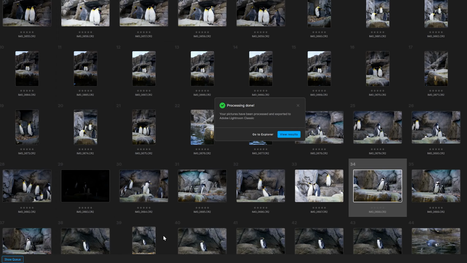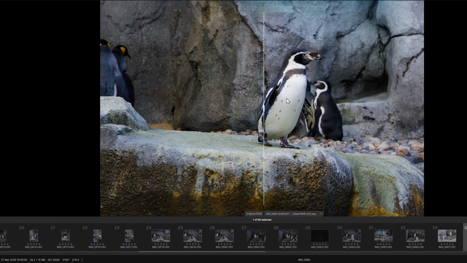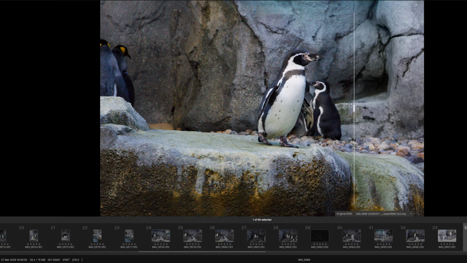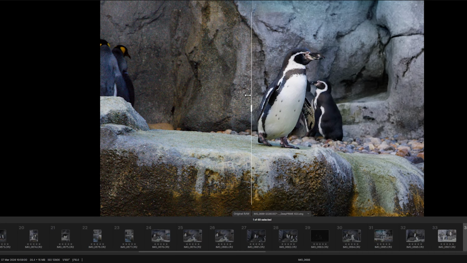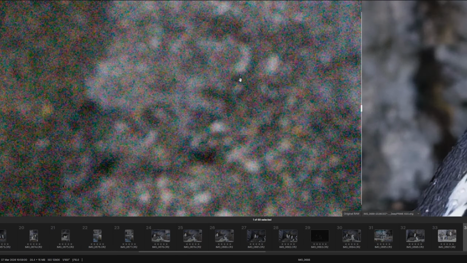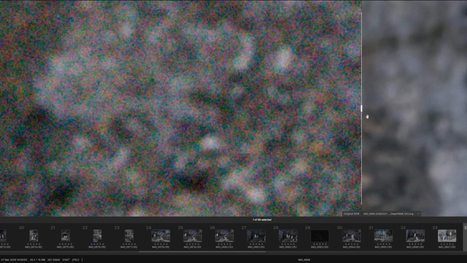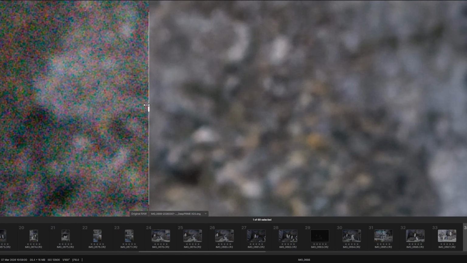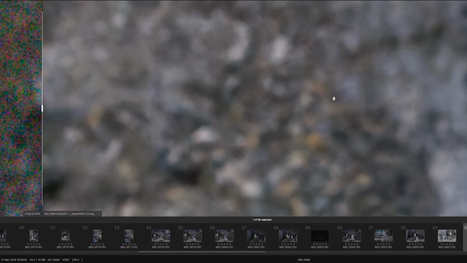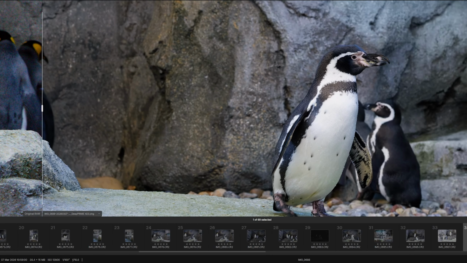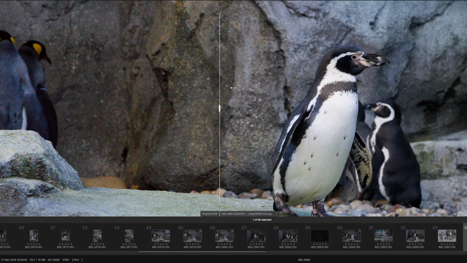DxO PureRAW 6, and it's still got it up, so let's hit view results. And here we go. I can see from here, but you won't be able to. So I'm going to zoom in, and you can see the noise. Now let's just use the slider, and you can see it just cut through it like butter. It's just bled it all off, and then when we move out, you can see it a little bit there,